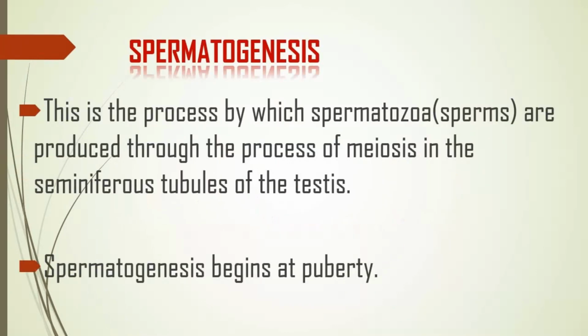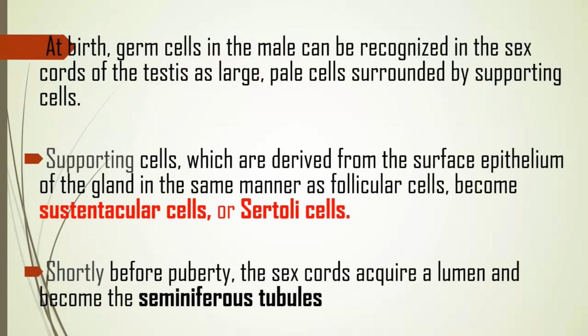This is the process by which spermatozoa, commonly referred to as sperms, are produced through the process of meiosis in the seminiferous tubules of the testes. Spermatogenesis begins at puberty. Okay. So at birth, germ cells in the males can be recognized in the sex cords of